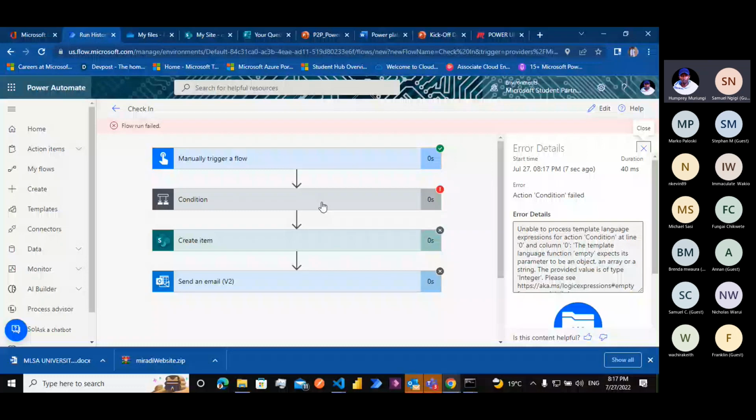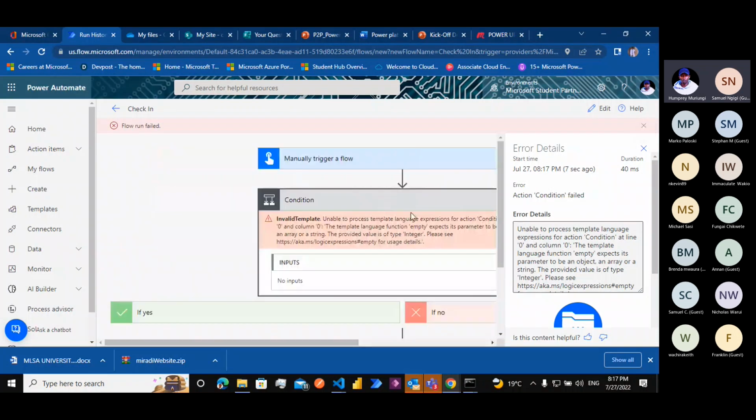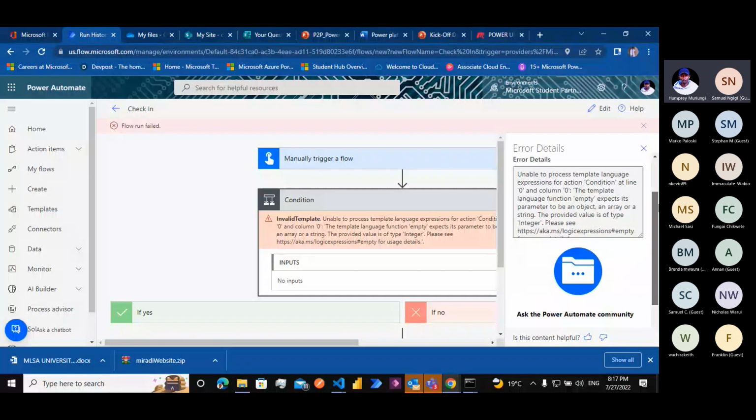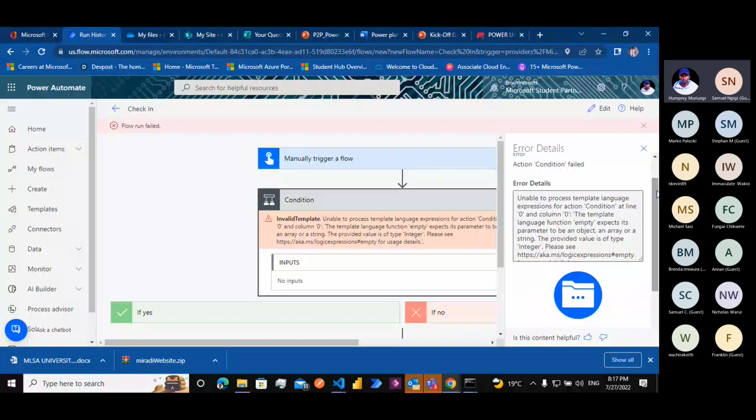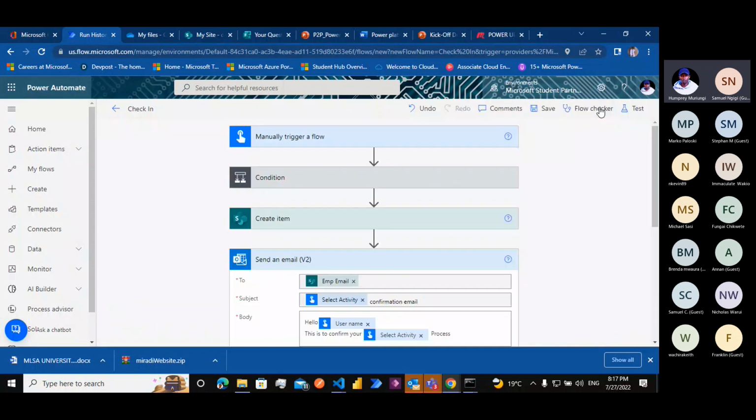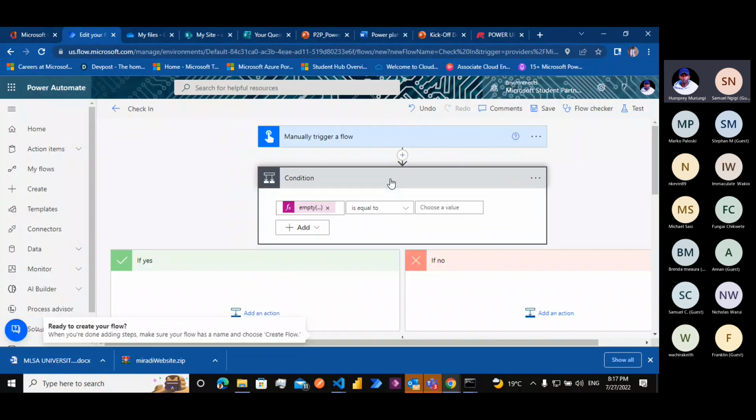We are unable to process the template expression for action coordination at line 0, so my error is here. So I need to set my input well. I need to set my code. Let me go to edit my mail. Come here,